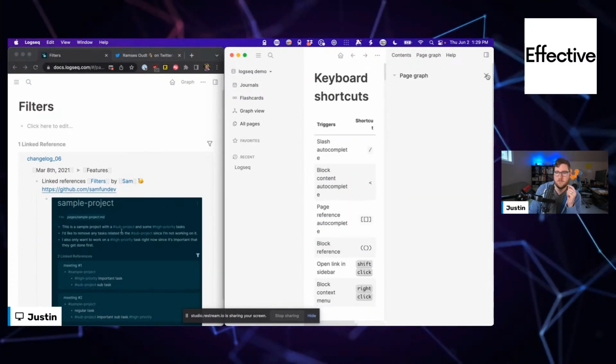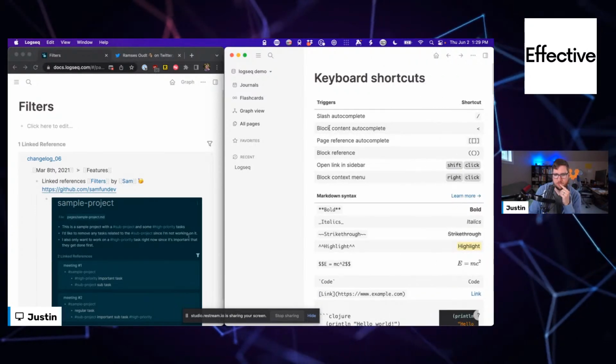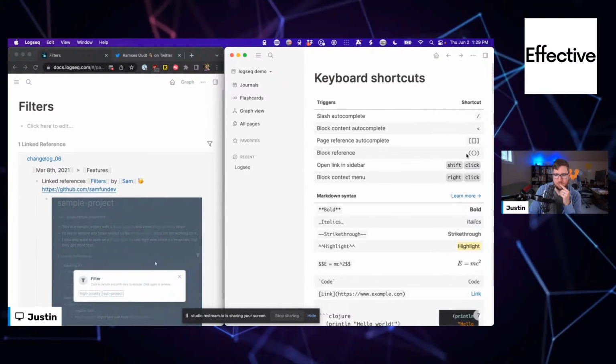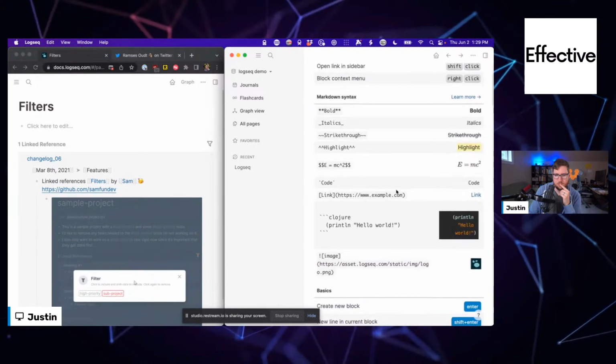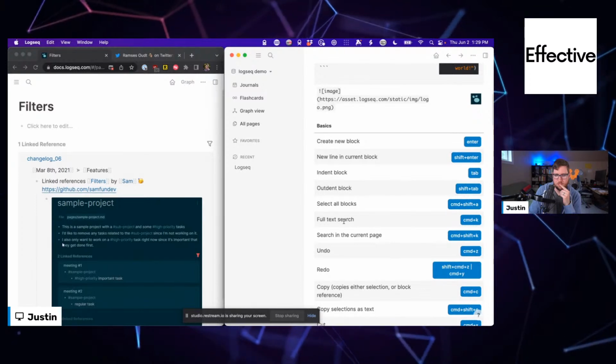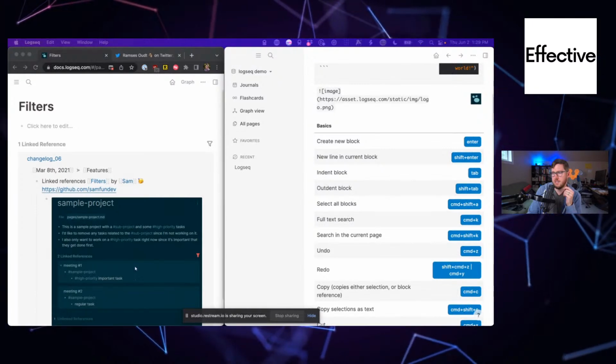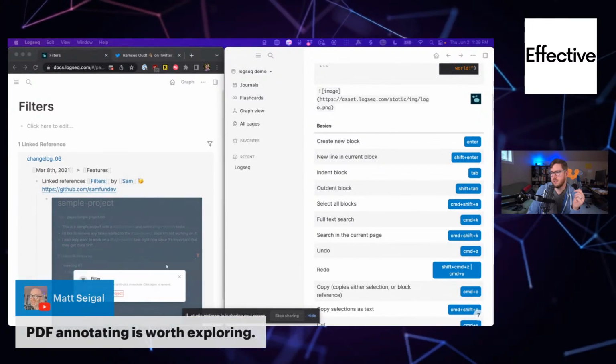Keyboard shortcuts. PDF annotating is worth exploring.